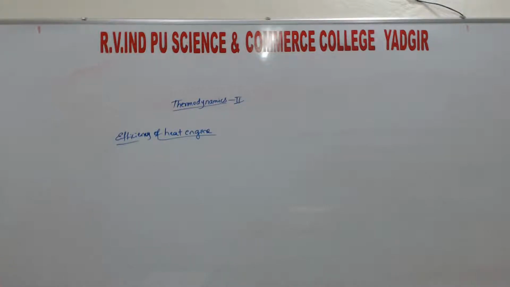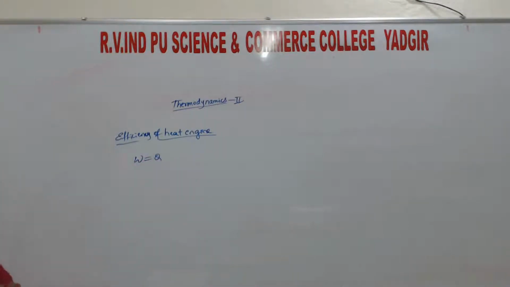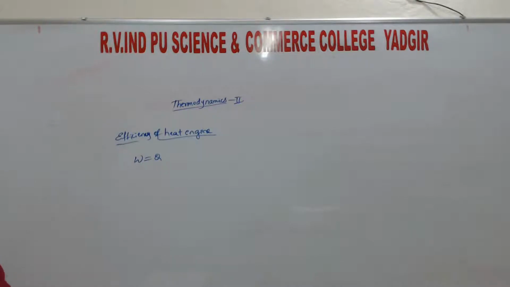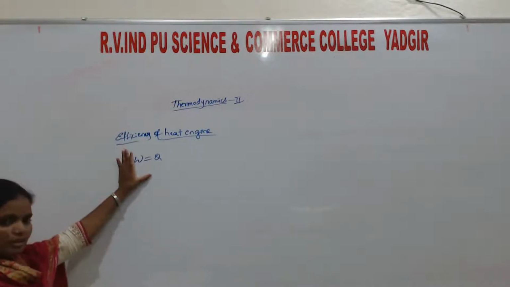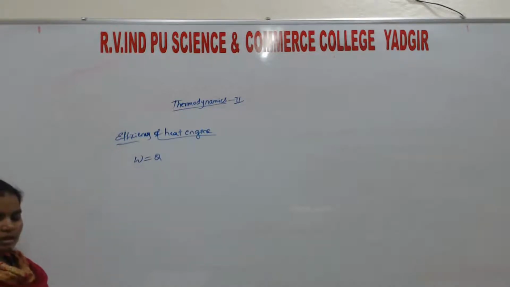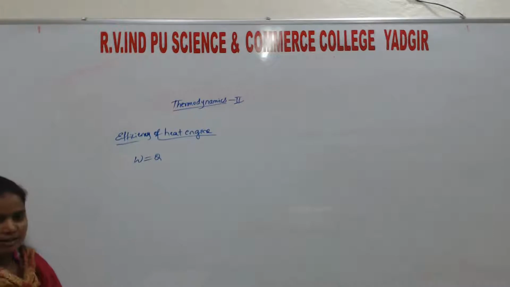Here you know that W is equal to Q, where Q is the heat and W is the work. The net work done, W, is equal to Q. That is the relation between W and Q. That is the net work done at the end of the cycle, when W is equal to Q, the net heat absorbed or evolved, and this can be put in two equations,